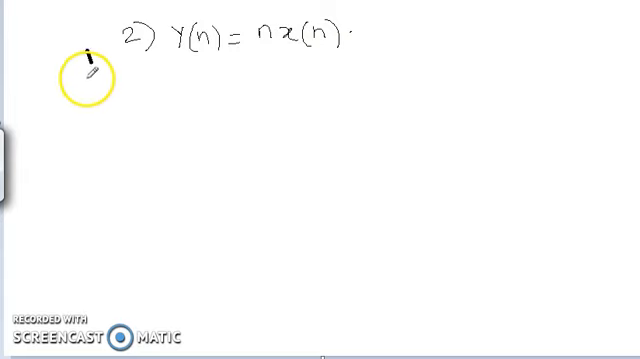So how are we going to test whether it is linear or not? We are testing linearity first. So we have to draw two simple diagrams. What is the first diagram? The first diagram is